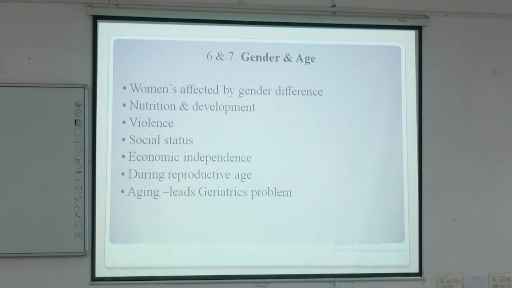there are women feticide everywhere in the country, and boys to girls ratio is not improving at all, 1000 to 940 probably today. Nutrition and development, violence, social status, economic independence, problem during reproductive age, aging leads to geriatric problem. এই যে this last point, aging leads to geriatric problem, এখানে এটা নিয়ে তোমাদের একটুখানি এক লাইন বলি। সেটা হচ্ছে যে